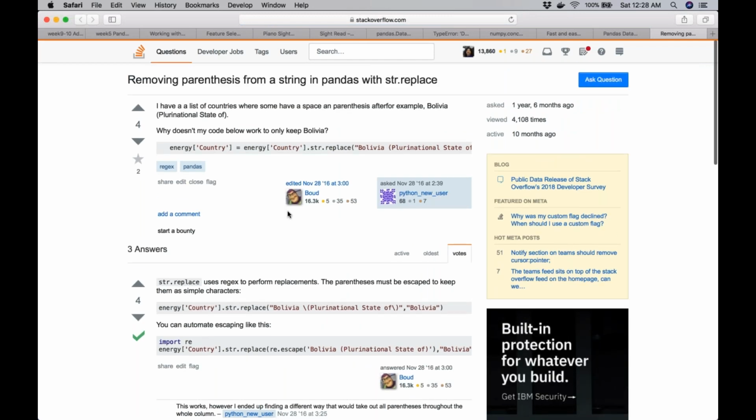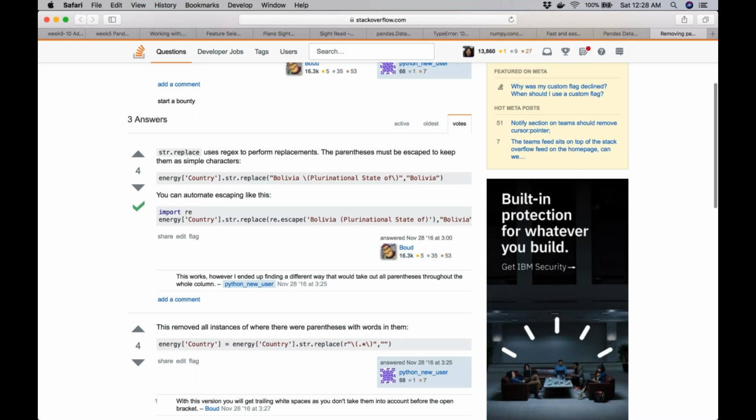The person is saying that the string is of this format. There is a country name followed by a space, and then in the bracket there are some characters. What he wants is just the first part, the name of the state. There are various ways of doing it. You can either extract just the first name before the space, or replace everything which is after the space.